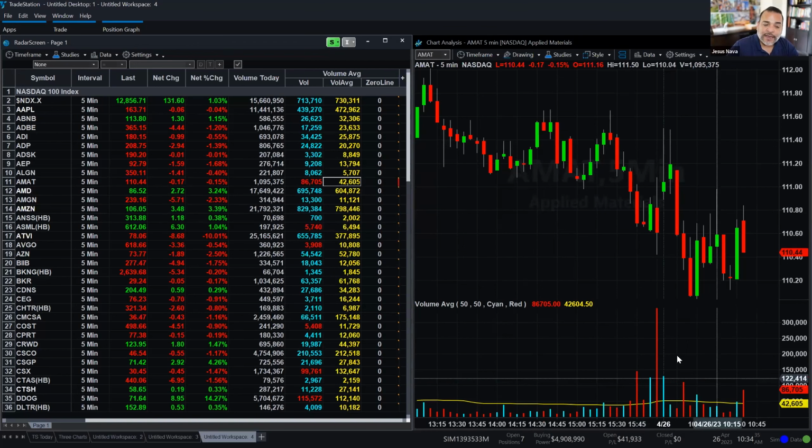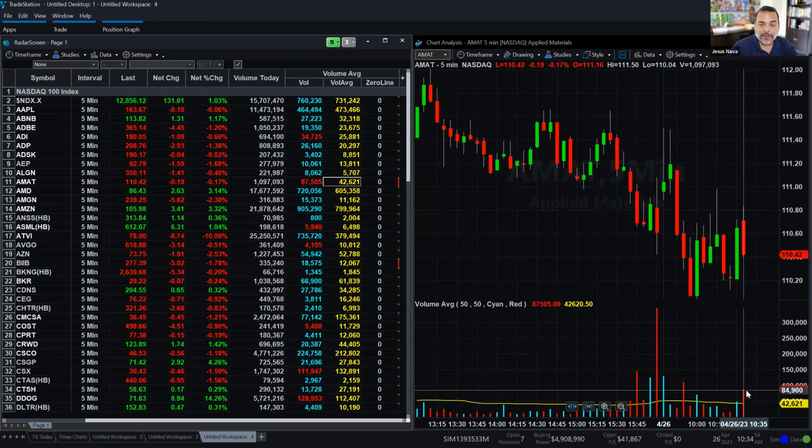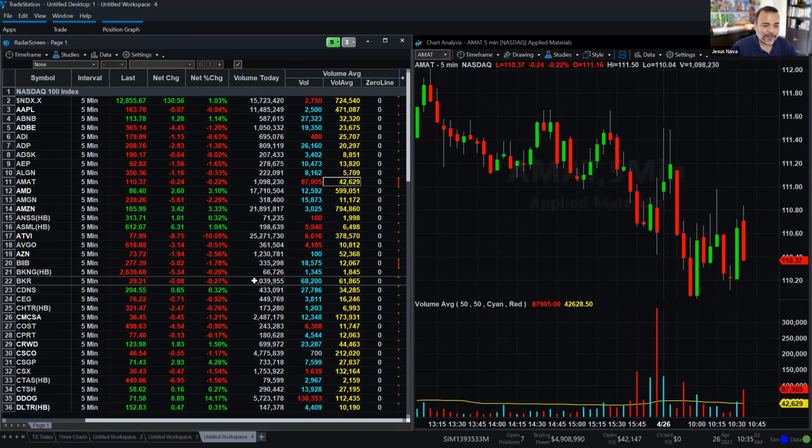Of course, you're going to see that behavior very frequently at the beginning and at the end of the day, because volume spikes up, and there's a higher concentration of volume at the beginning of the day and at the end of the day. But throughout the day, if you want to be notified whenever there are volume characteristics that are higher than the average, that is an alert that you can set up. Not only that,